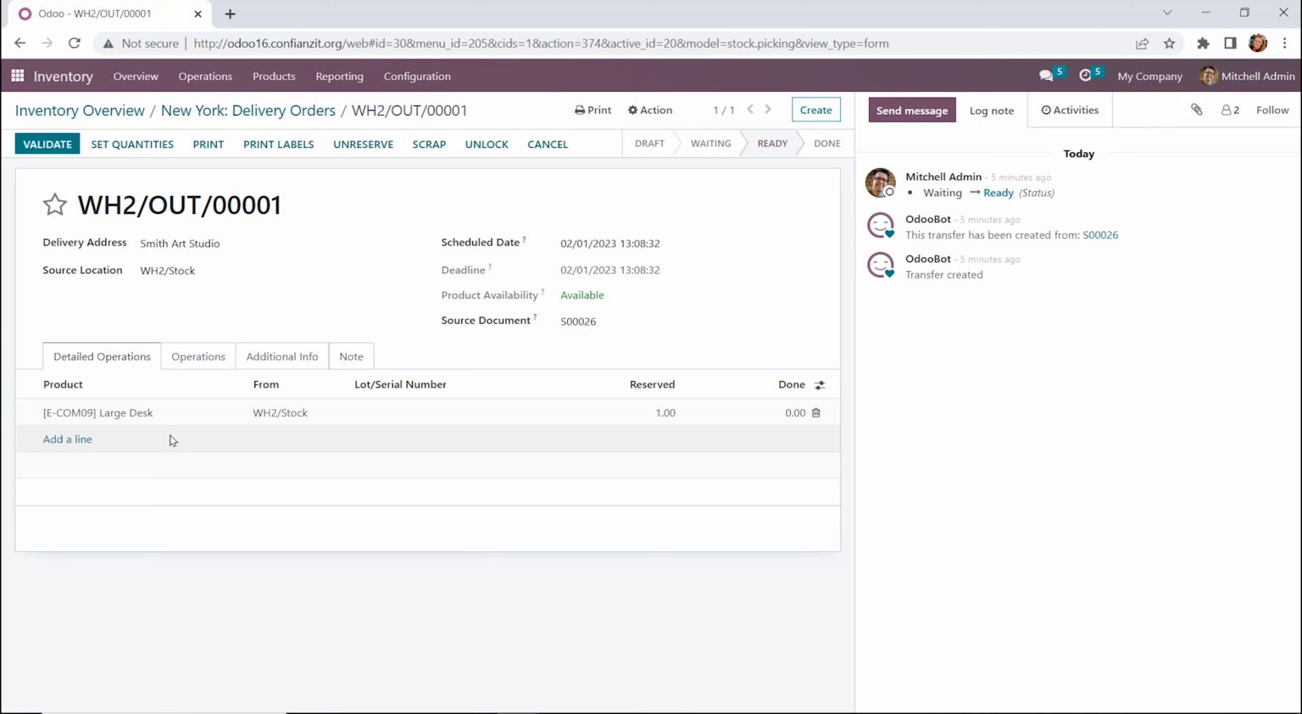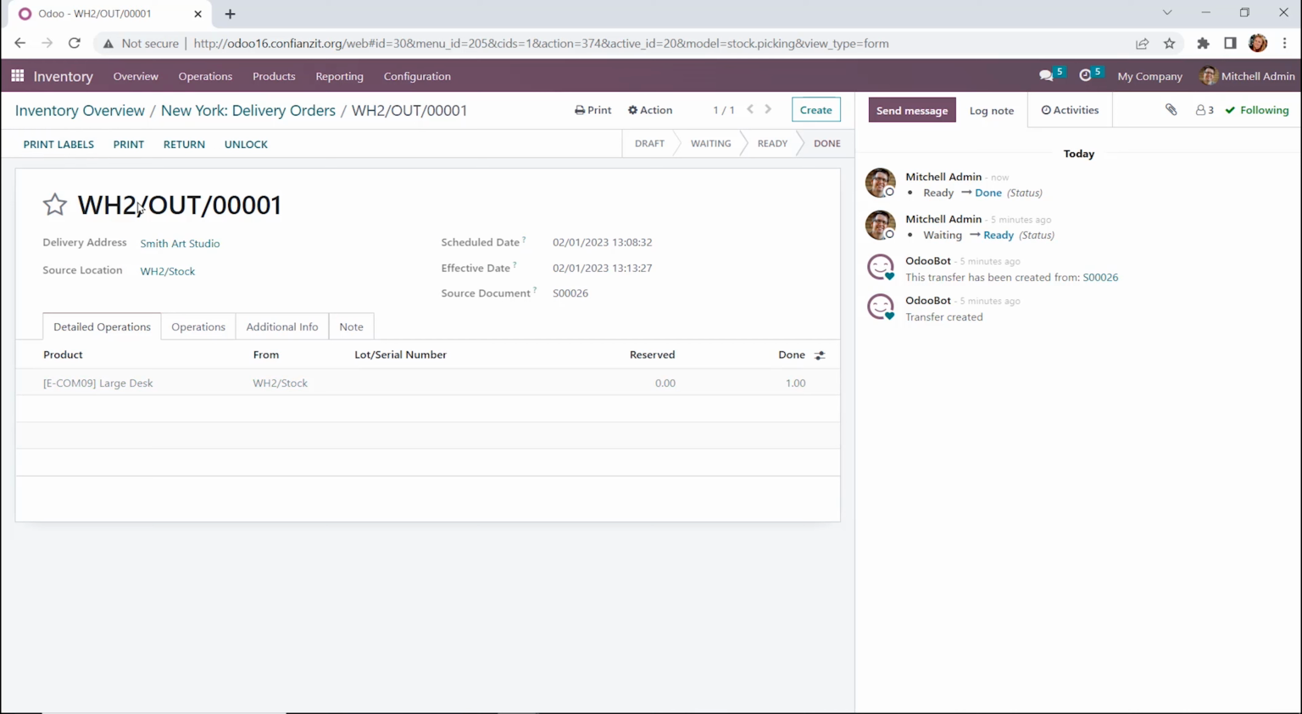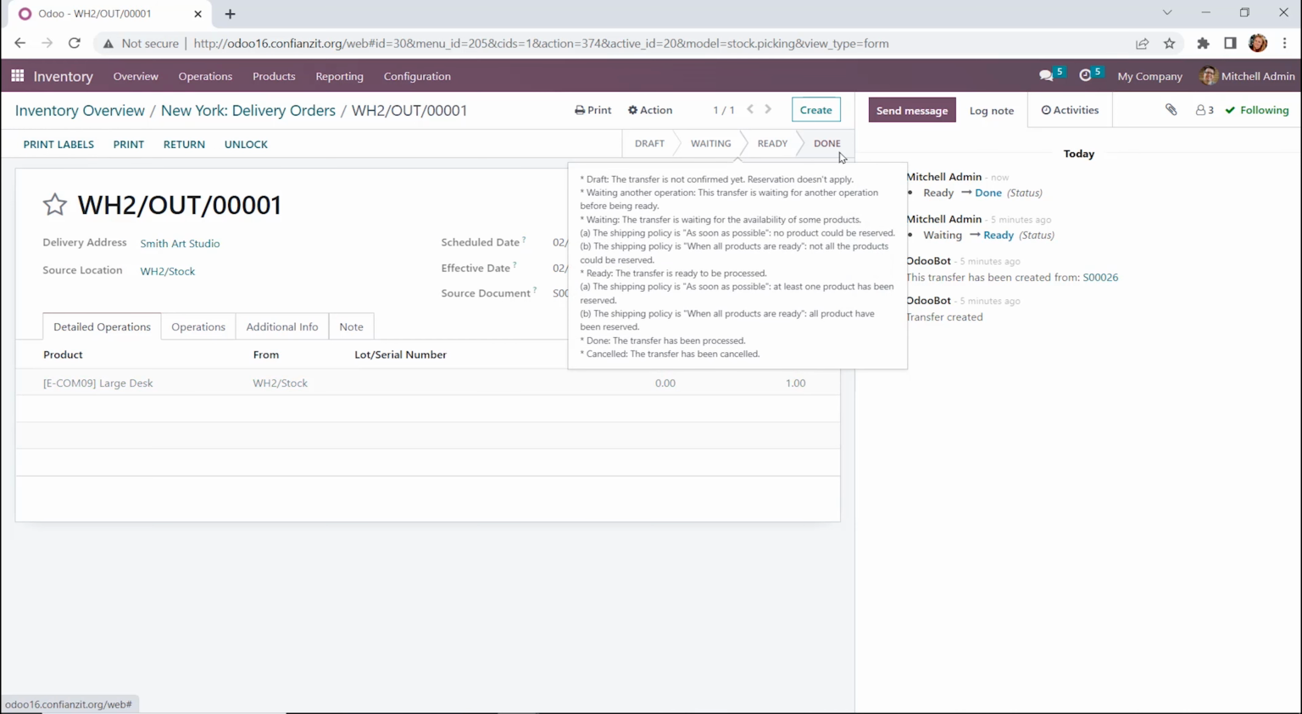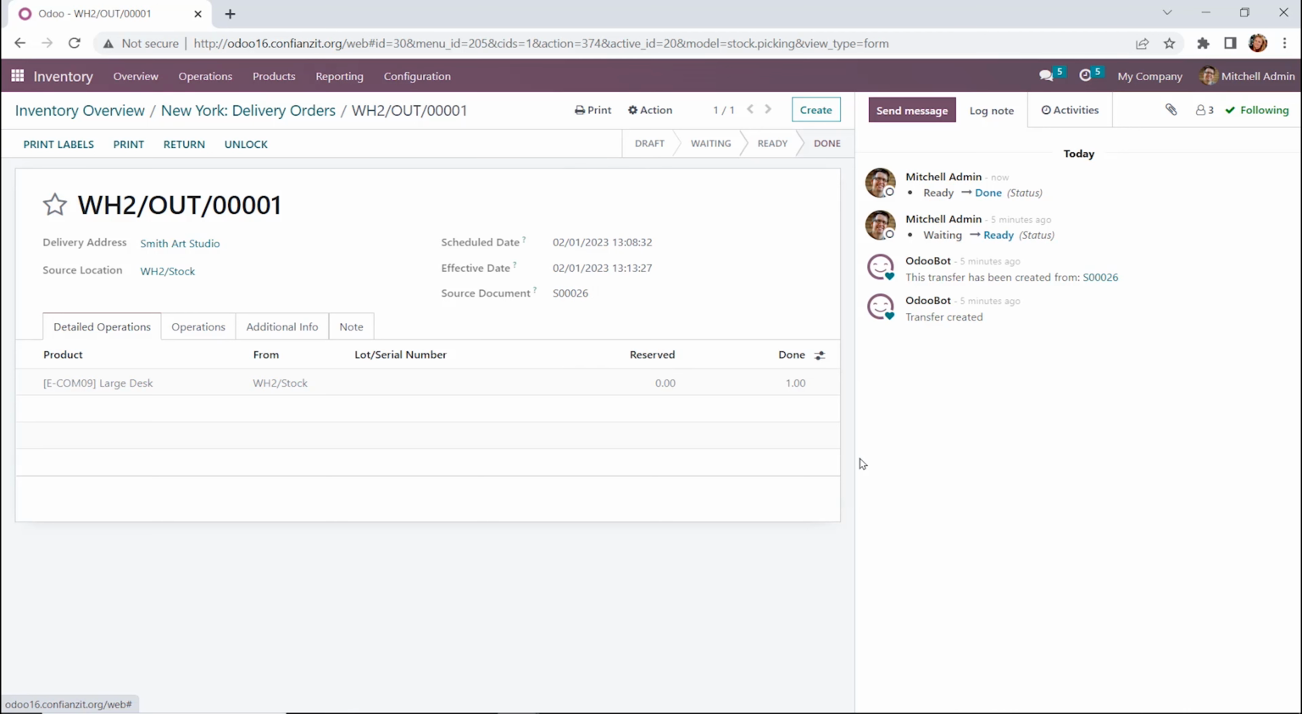All right, and now we can see the product, where it's coming from, the reserved quantity, and the done quantity. None is there yet, but it is available, so we can go ahead and pick that and set that quantity. All right, now we're going to go ahead and see that that was addressed and changed to 1. We'll validate, and we can see that it's moved from the ready to the done state, and we have completed our delivery order. So as you can see, Odoo's out-of-the-box functionality and logic requires us to specify which warehouse we'd like to